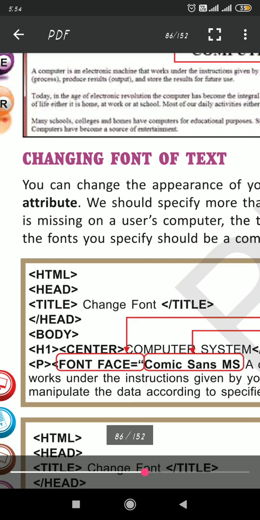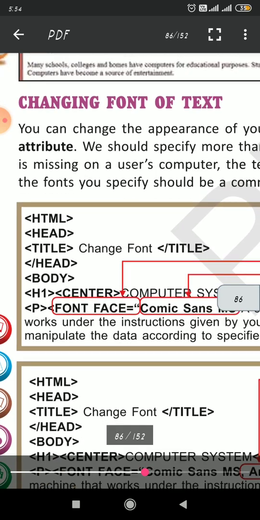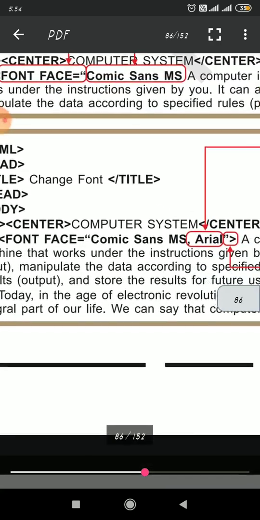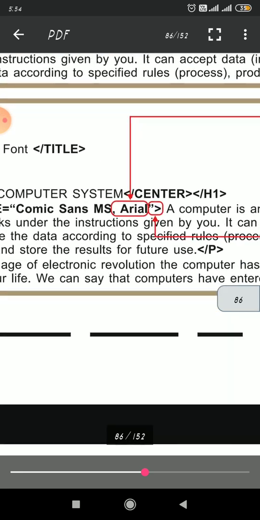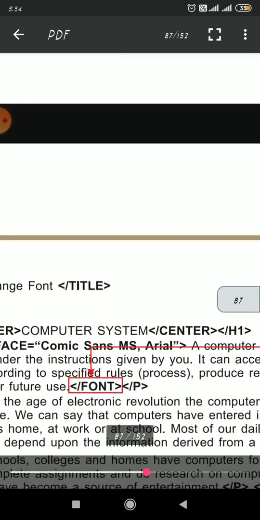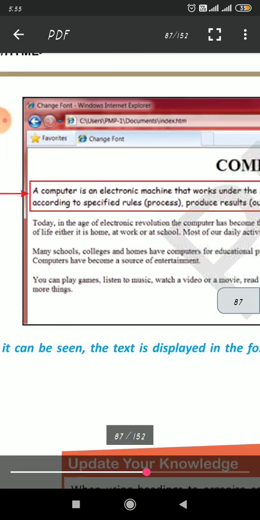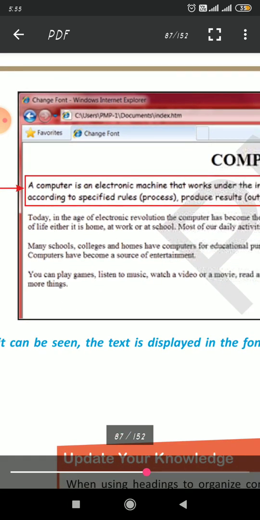These are names of the fonts which you can use to change the style of your text. Here see, Comic Sans MS, Arial. So the result which will come here, see, normal text, and above, a computer is an electronic machine, it has a different look, meaning the font has been changed.